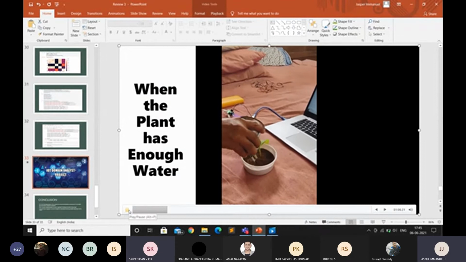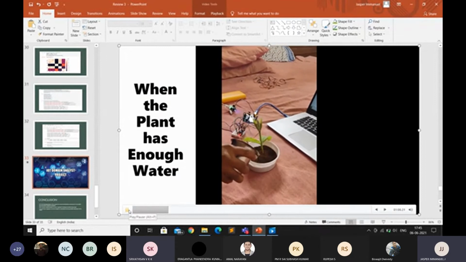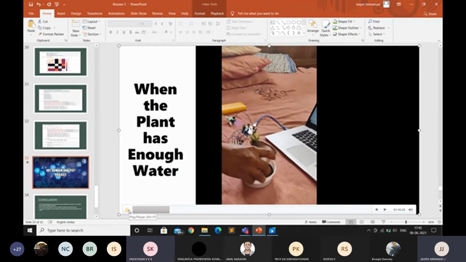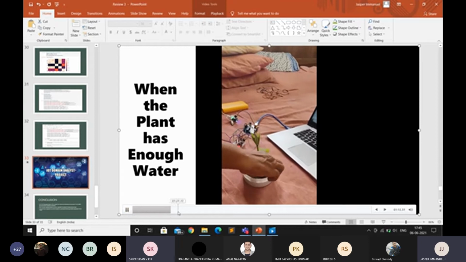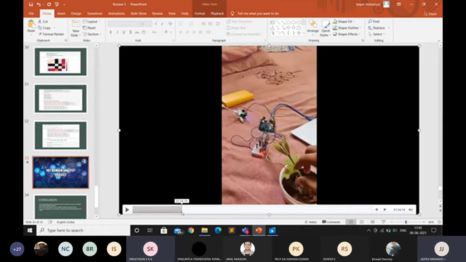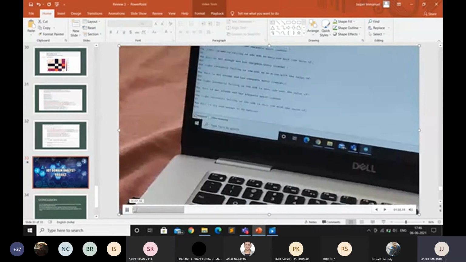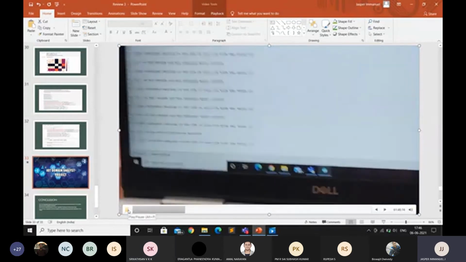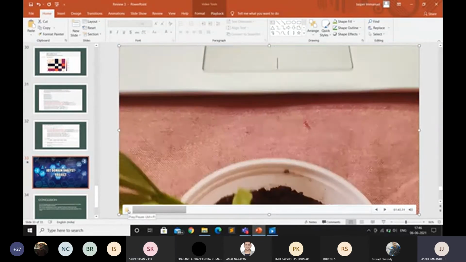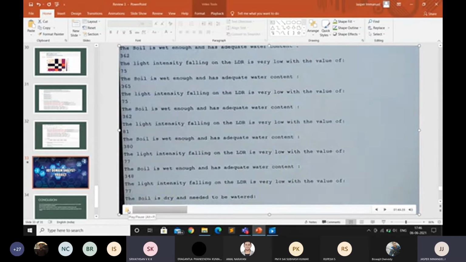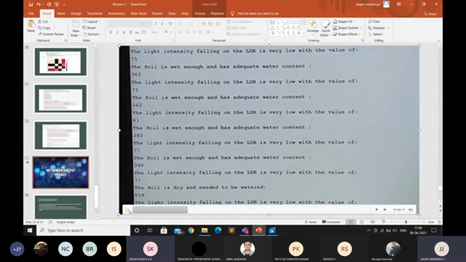So when we water the soil enough, we can see a drastic change in the values of the soil moisture level. So you could see here now the output shows that the soil is wet enough and has adequate water content with the value of 362.